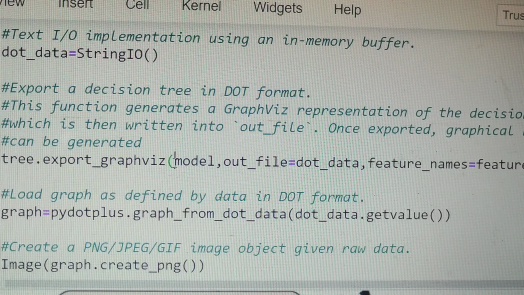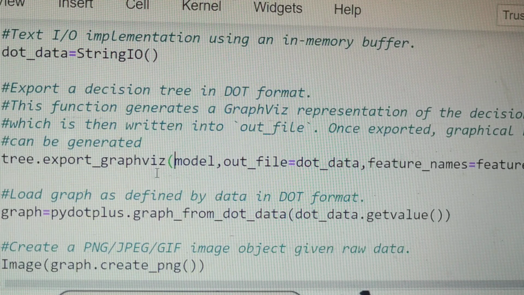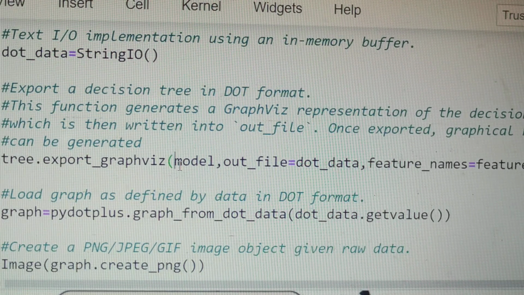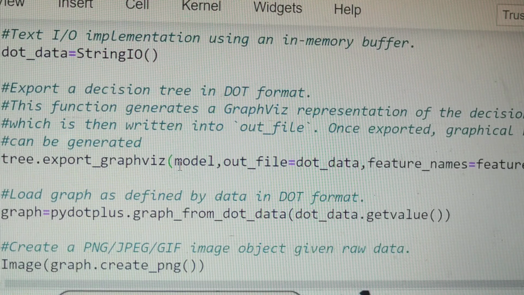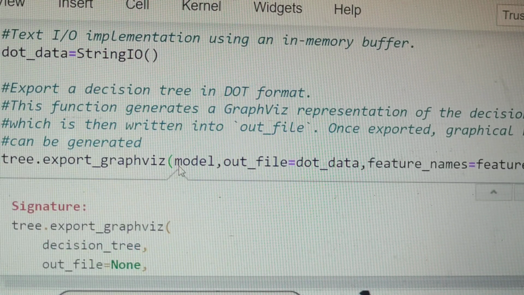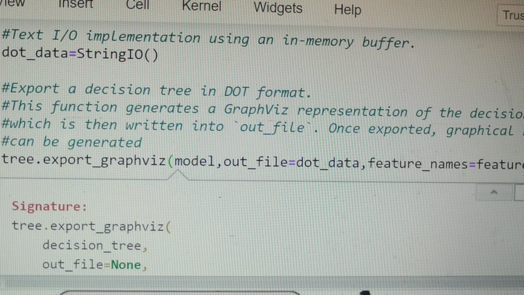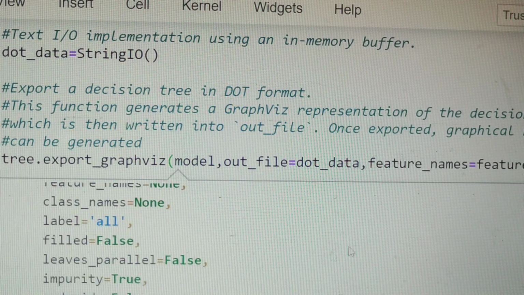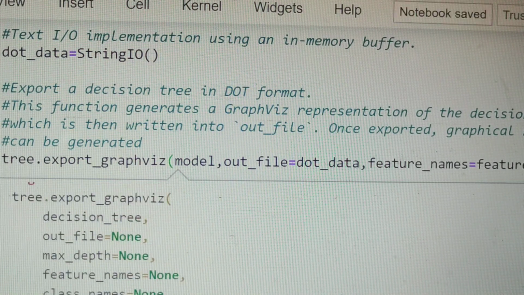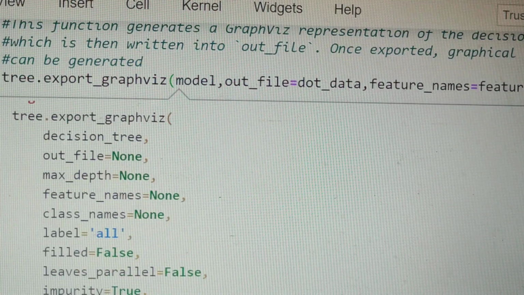So if you want to see the parameters that go into tree.export_graphviz, you can press shift tab and check out what the ingredients are. So you can find out that you have a decision tree, that is your model, then out_file, that will be your dot_data, then you have feature_names.